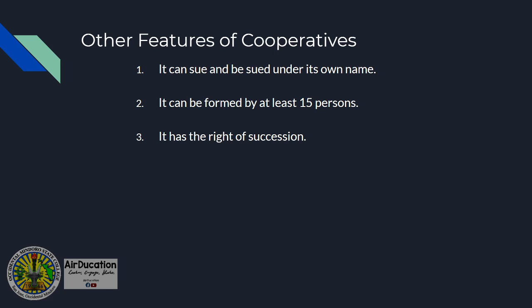It has the right of succession as well. So in case the founder of this cooperative leaves the business, dies unexpectedly, or for any other reason is no longer part of the cooperative, it can be passed along to the members. Okay? Members are subject to limited liability. So why are they subject to limited liability? Because only those who manage the business are personally liable in case there are business debts, or it is the corporation or the cooperative itself.